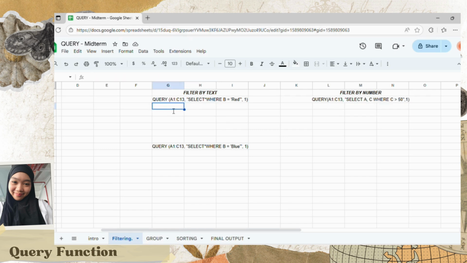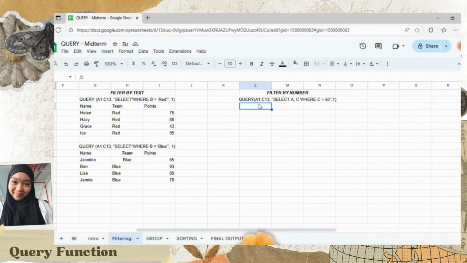So equals query, and then A1 to C13, comma, and then our command, select all, where B is equal to red, and then our header.